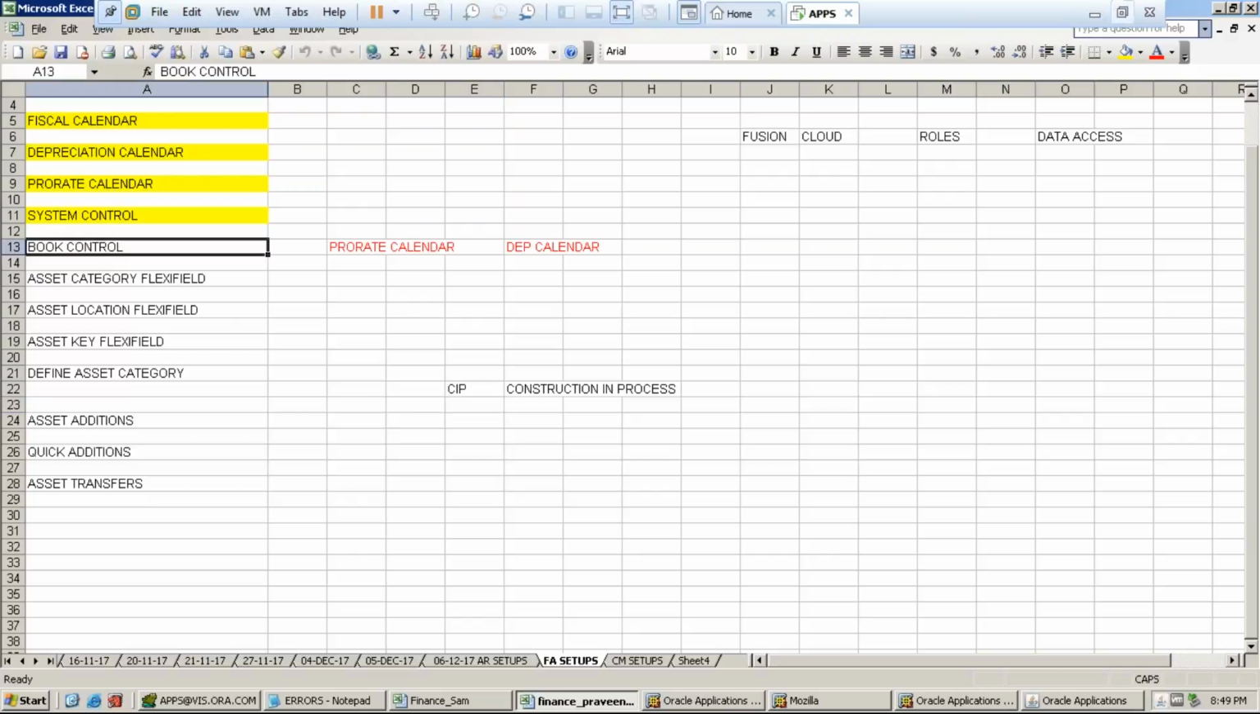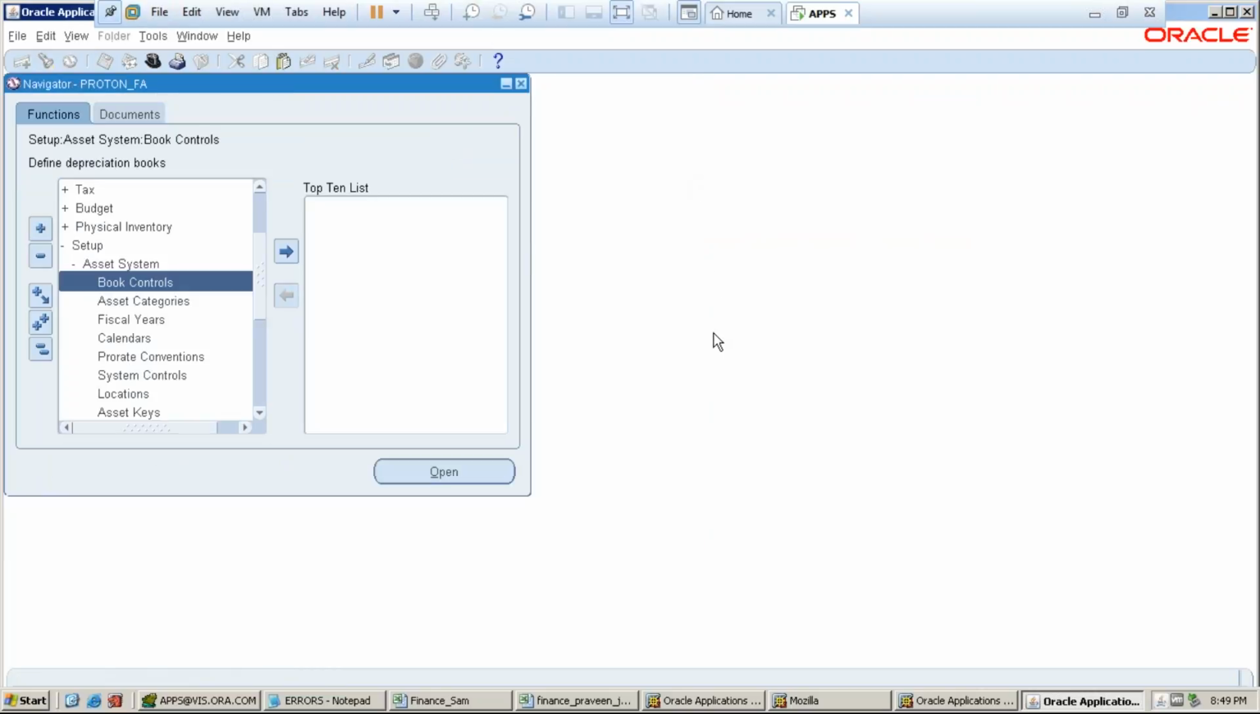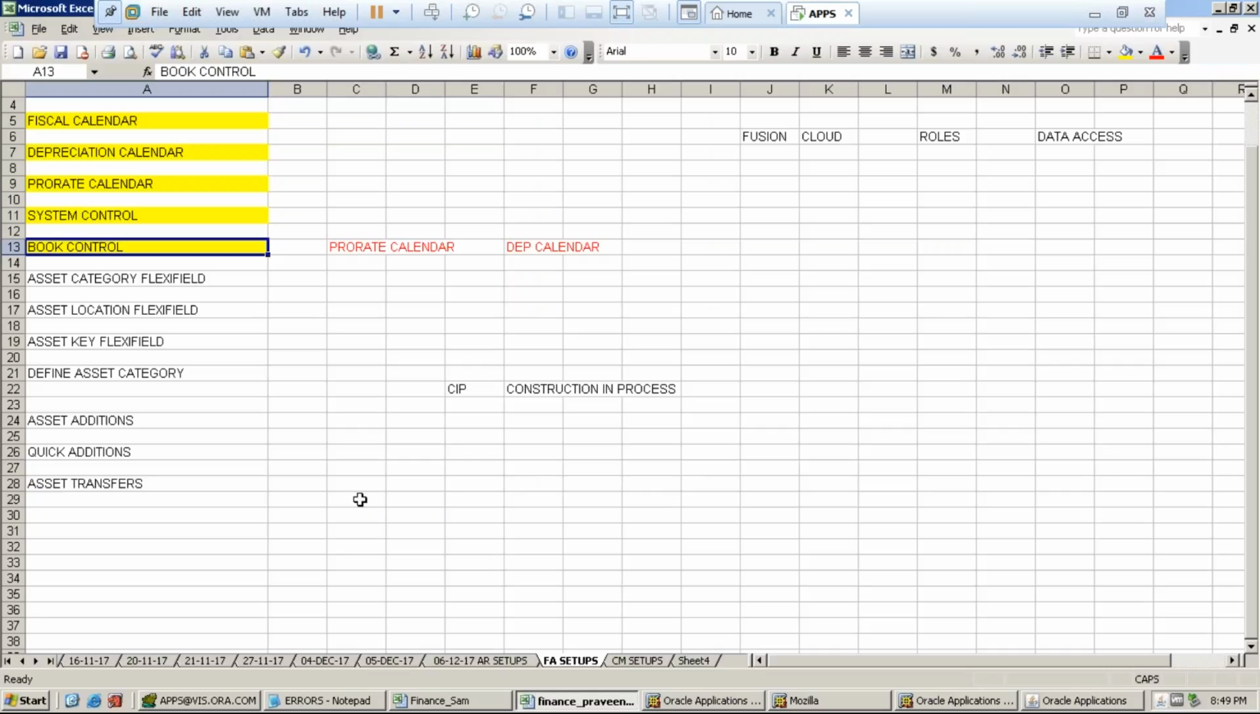Okay, so we created the book controls as well. Save it. We created the tax book. Fine. So the next one is